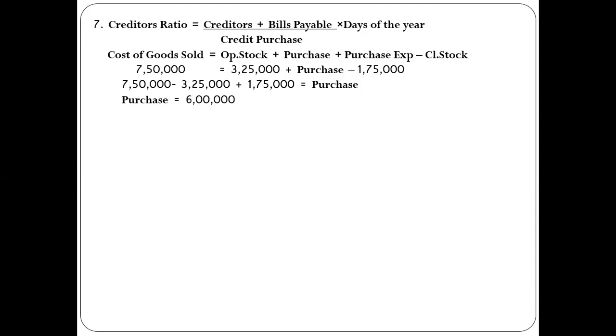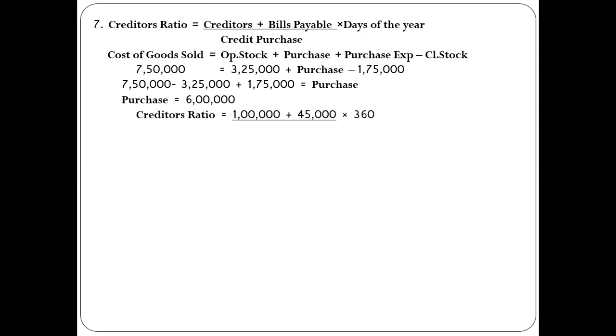Okay, so if any missing amount we have to find, we have to remember the formula, and then we have to think that in which formula the rest of the amount is given already and only one amount is missing. So rest of the amount is already given, then we can easily find out the one amount which is missing.